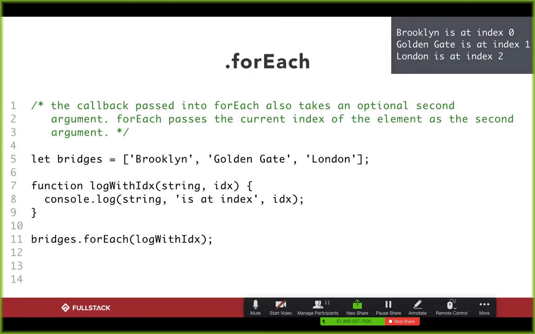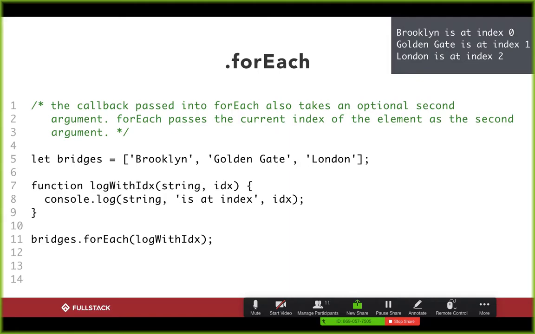The second thing is, notice how on line 7, the function I'm passing, right? It expects 2 arguments. It expects string and index. On line 11, we don't see JavaScript passing in things into log with index. We don't see forEach passing an argument into log with index, and that's by design, right? forEach is also going to call whatever function you give it, and it's always going to pass in the same 3 arguments in the same exact order each time. And the elements that it will pass in are going to be the element, the index, and the entire array for every single element in this